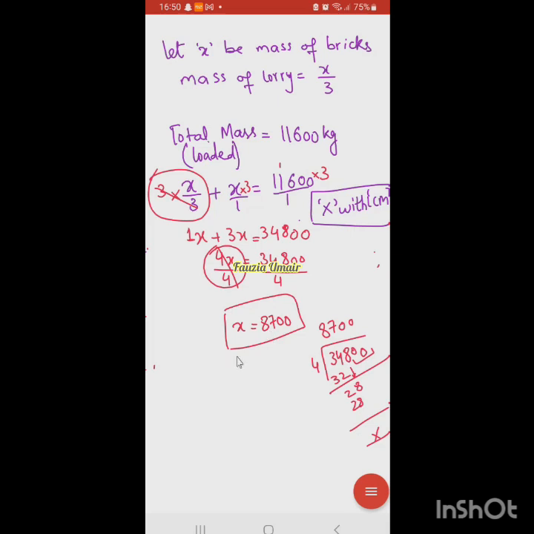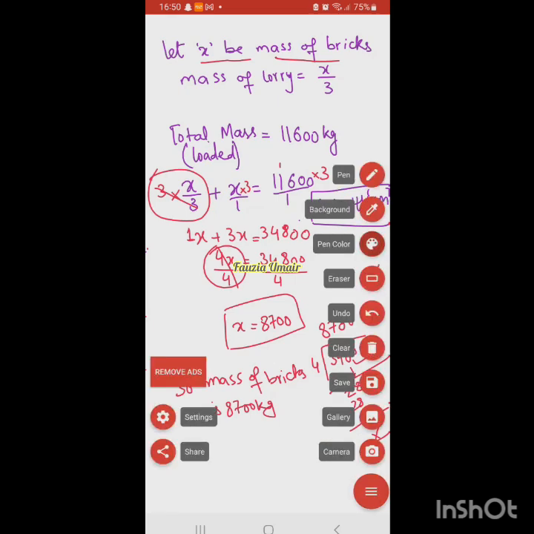8700, ठीक है। अब देखिए what was x, क्योंकि क्वेश्चन में x तो है ही नहीं, क्वेश्चन में तो लॉरी का मैथ्स है, ब्रिक्स का मैथ्स है। What was x? हमने यहाँ पे क्या अज्यूम किया, x क्या है? What is x in the, ma'am, first line? Mass of bricks. That's right. So because ये वर्ड प्रॉब्लम है ना, तो we will answer accordingly. So mass of bricks is 8700 kg, right? यही हमने फाइंड करना था।